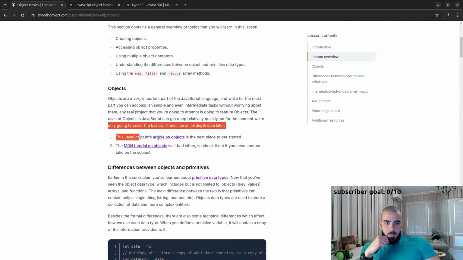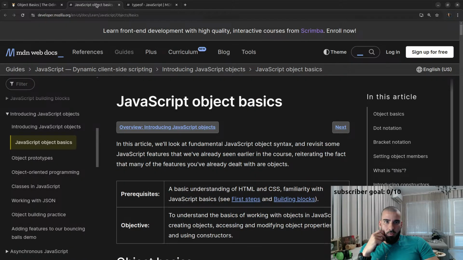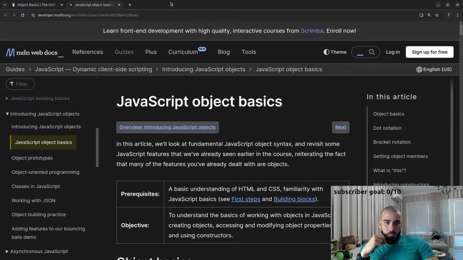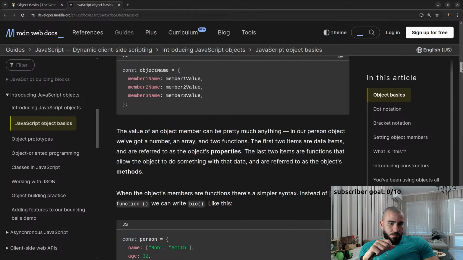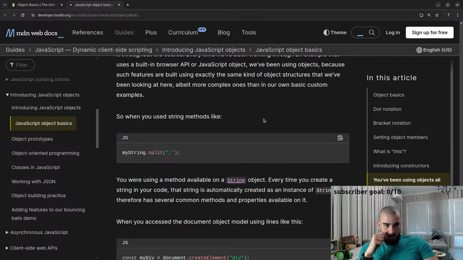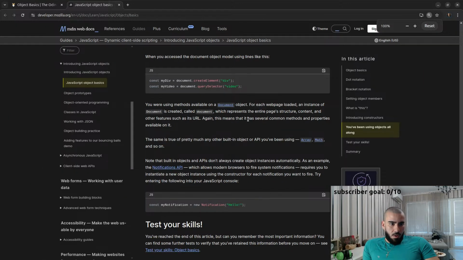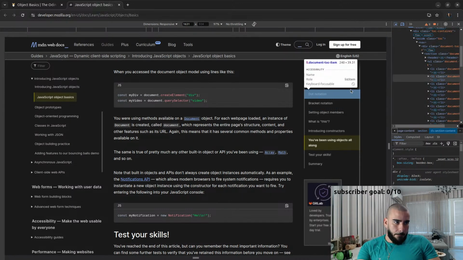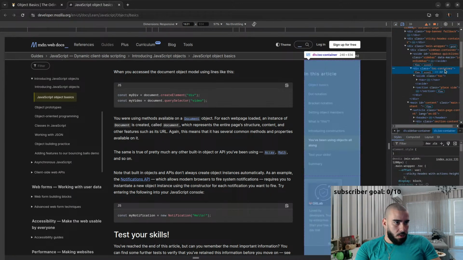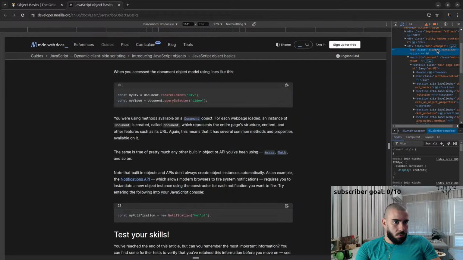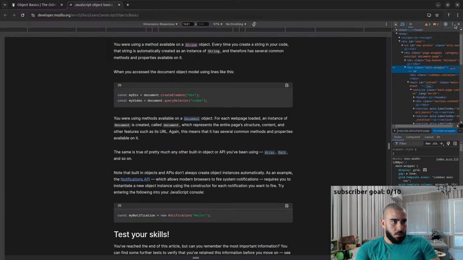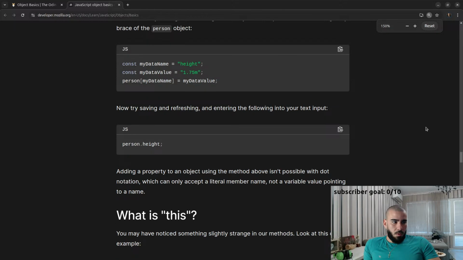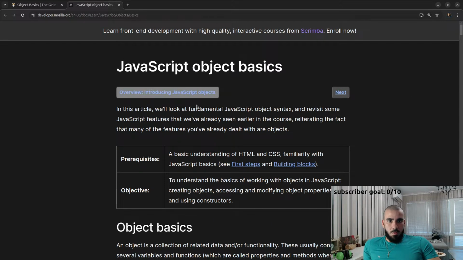Okay, so we went over this and now we have to go over the MDN tutorial, which is quite lengthy again. Let me get rid of the things on the side. So this I don't need, this I don't need, this I don't need. Okay. So we'll go through that, but